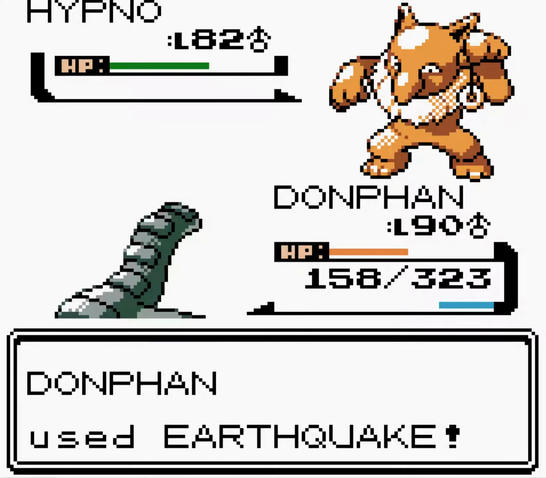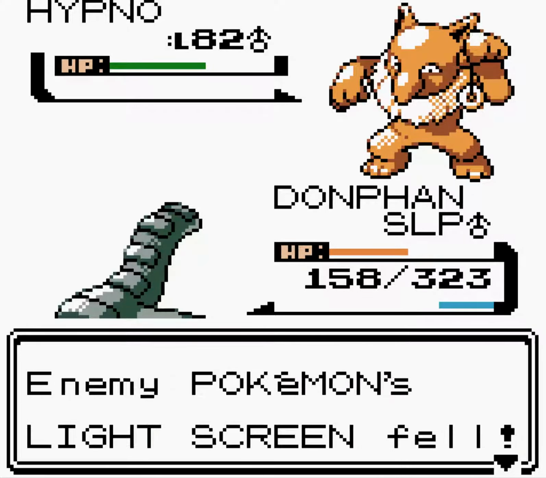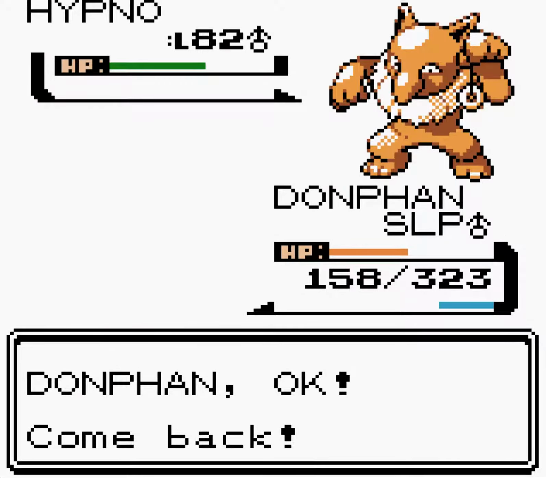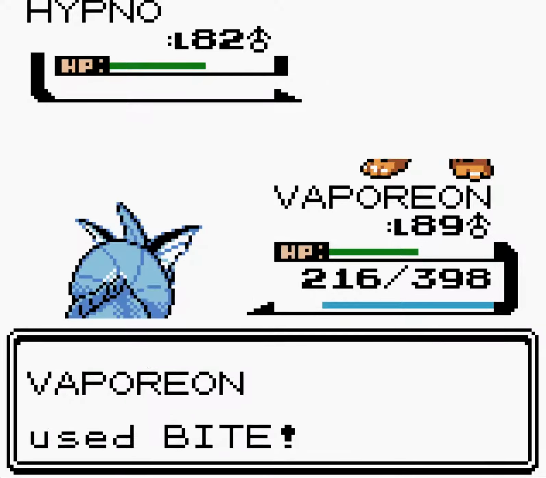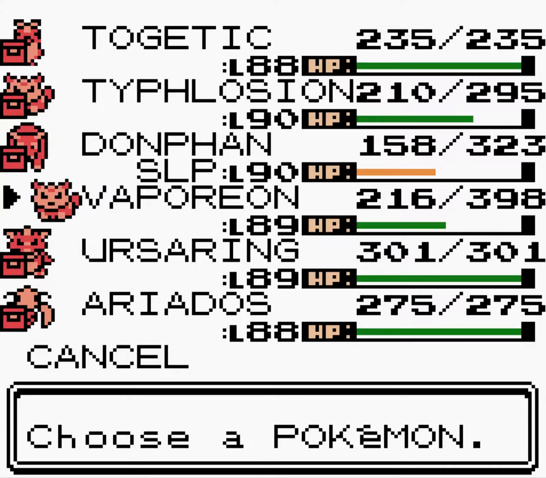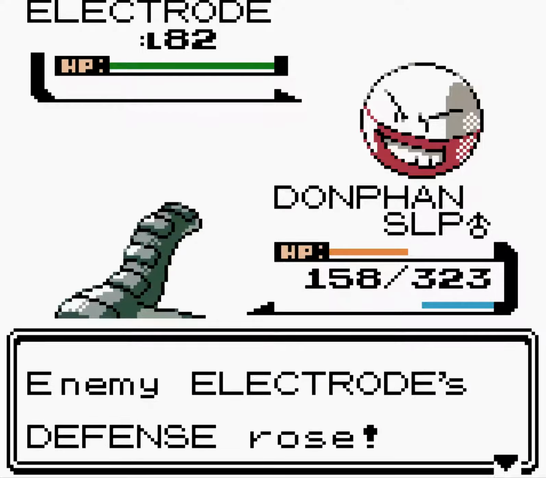We're going to keep on EQing just because it is a very powerful move, and I'm going to predict Dream Eater, and I'm going to go into Vaporeon, and we can Bite here. That's going to 2-hit, and we avoid the Hypnosis. That's really good. No one likes Hypnosis. Just no one likes Hypnosis. We'll go back into Donphan, just in case...